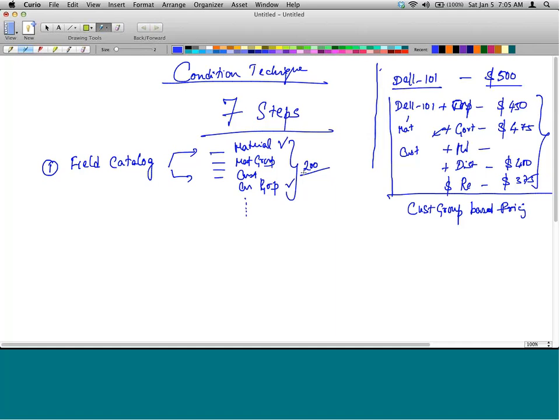So a field catalog is a list of fields that can be used in order to compute your pricing. You don't need to use all the 200 fields. You just need to pick the right field from the list of available fields. That is the field